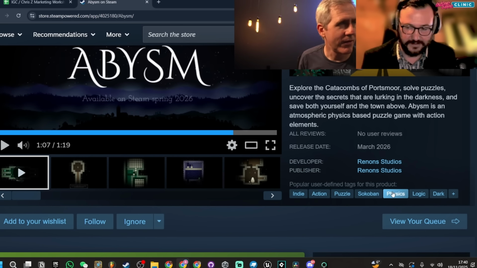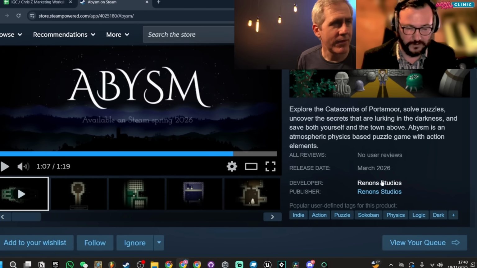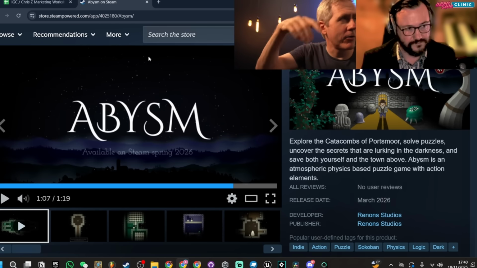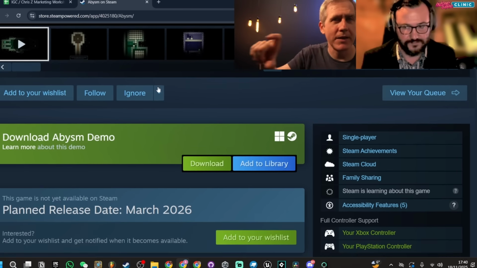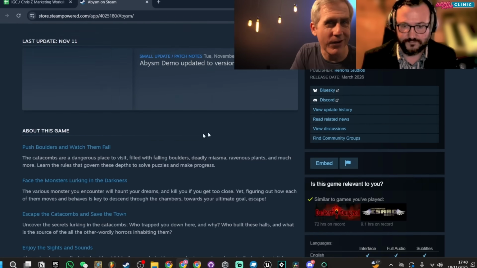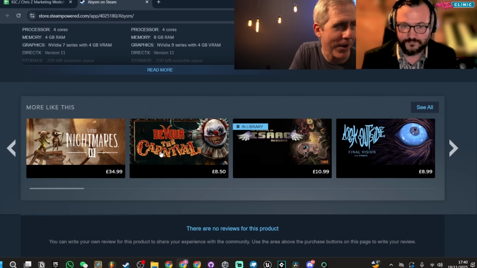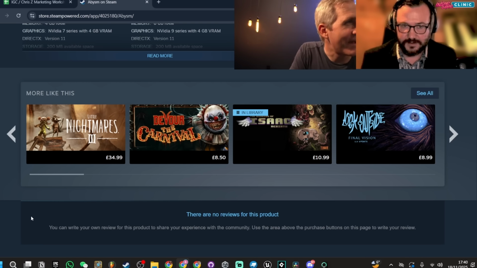Yeah, it says physics listed here as well, and I would think the folks that play these kind of Sokoban thinky game types wouldn't necessarily think of this as a physics puzzle. Wait, before you go on, go down to the bottom. I want to look at your recommended games because your tags are a little wonky looking. I just want to see what's being recommended. I'm just curious. Yeah, so you've got some wild stuff getting recommended here.